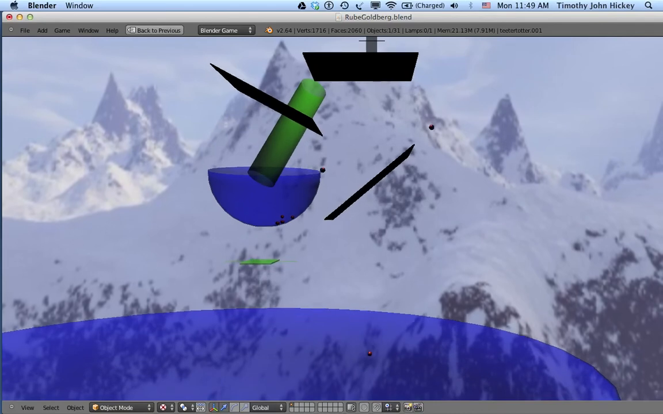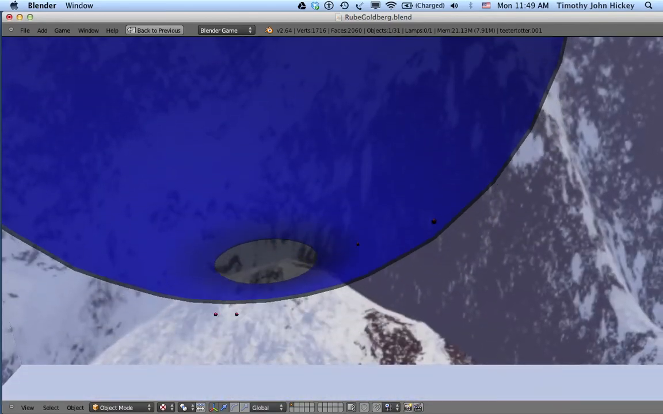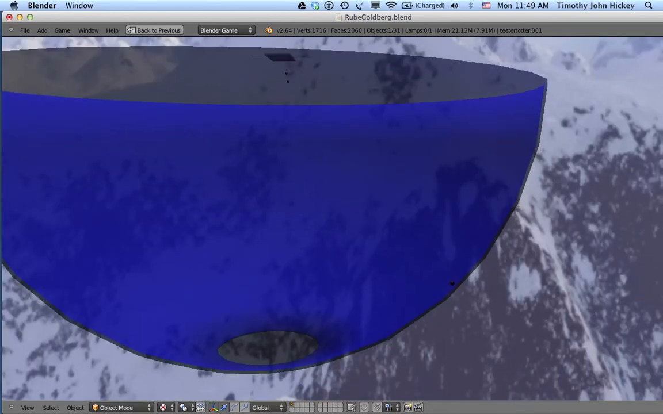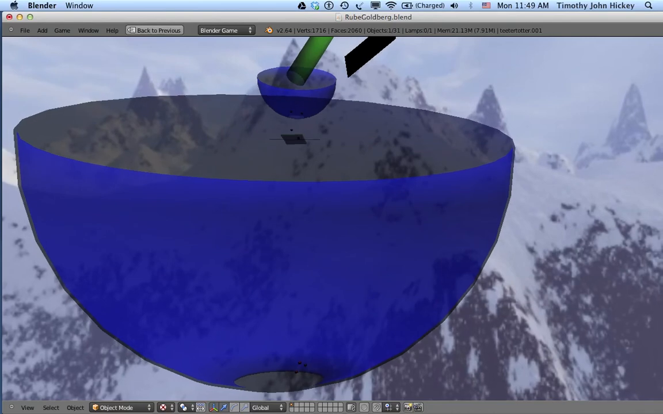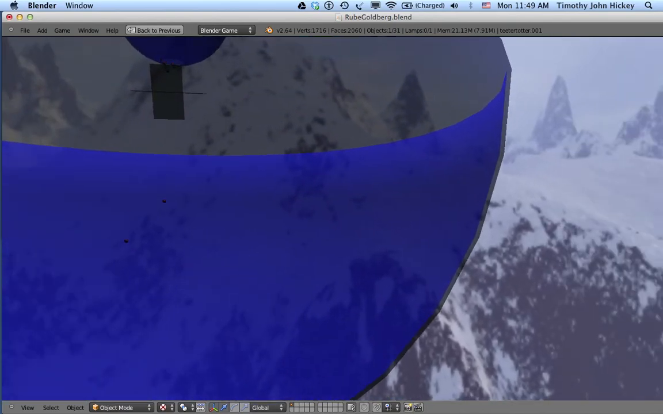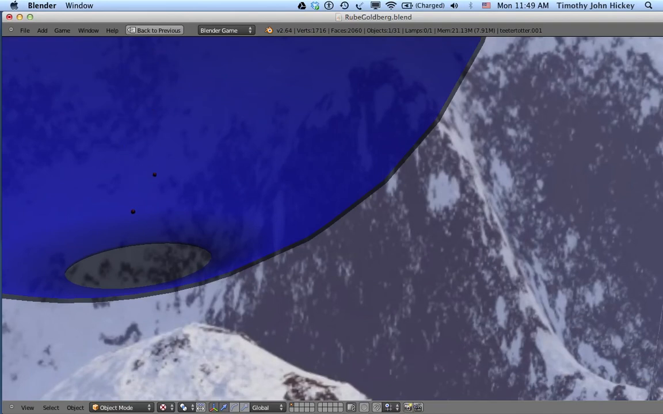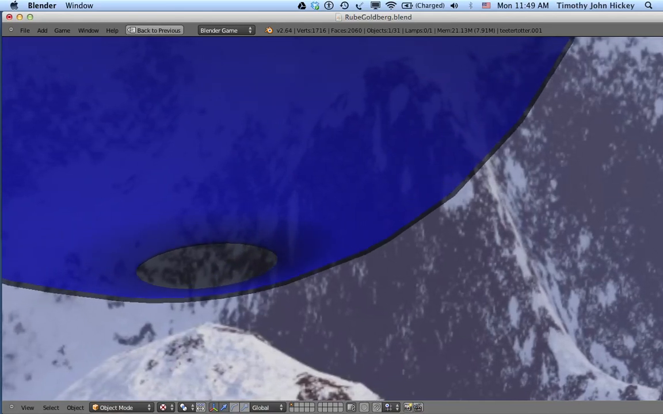Okay, so now I've got this gigantic bowl. With these little objects, and they go right out the bottom. Might have been better to have a smaller hole down there at the bottom. Okay, anyway,